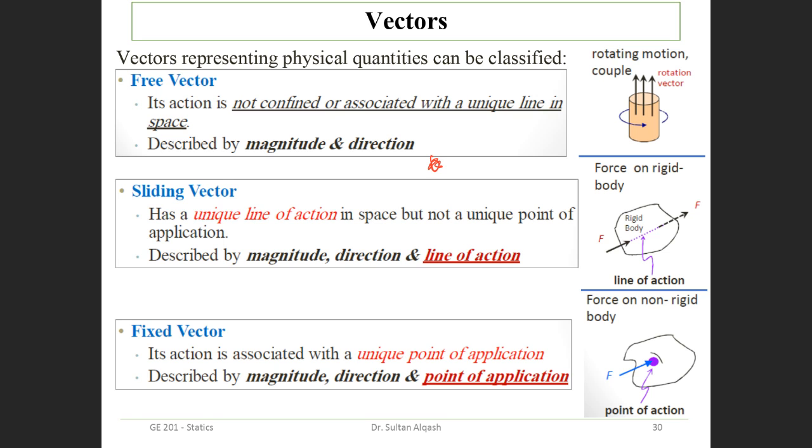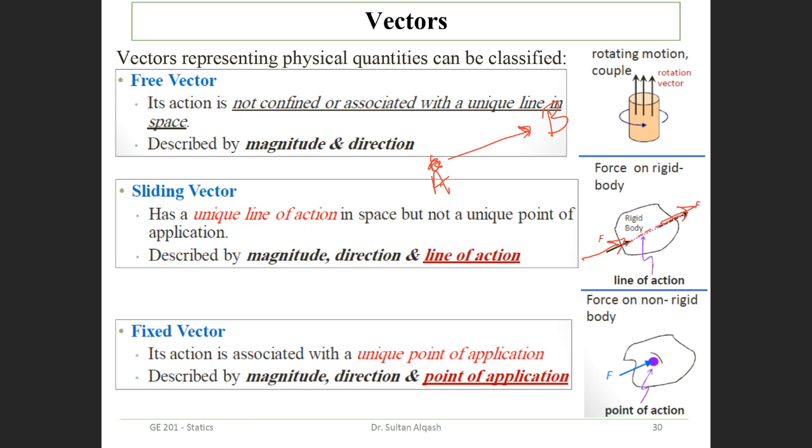If I have an object moving in this direction from A up to B, I can define it with a free vector. So displacement is a free vector. Sliding is for a force. A force could be affecting here and then sliding and affecting another place here, and it has the same effect if they are equal in magnitude.